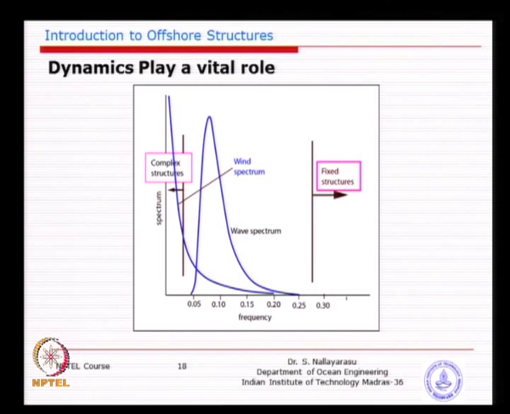So, having a fixed structure in this fashion, avoiding the peak energy area of most of the spectra, will be better, because the excitation and the associated resonance will not happen, and that is the idea behind. This corresponds to about 4 seconds, this corresponds to about 14-16 seconds, here about 20. So, this is about 5 seconds, this is about 16 seconds. So, you can see it is an interesting idea that people have devised a system in that fashion.